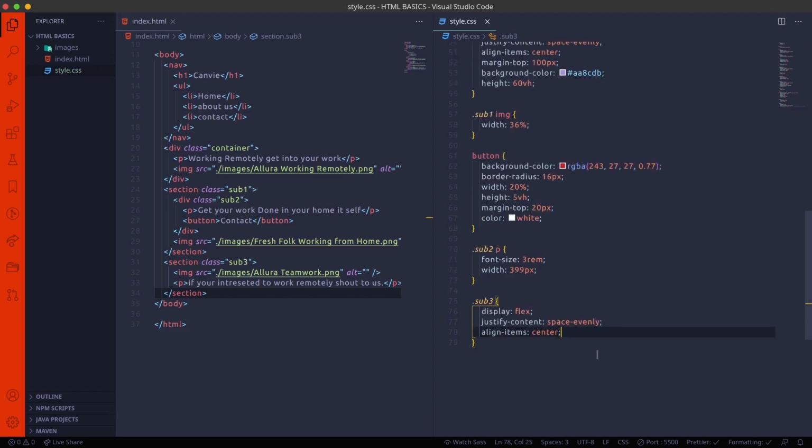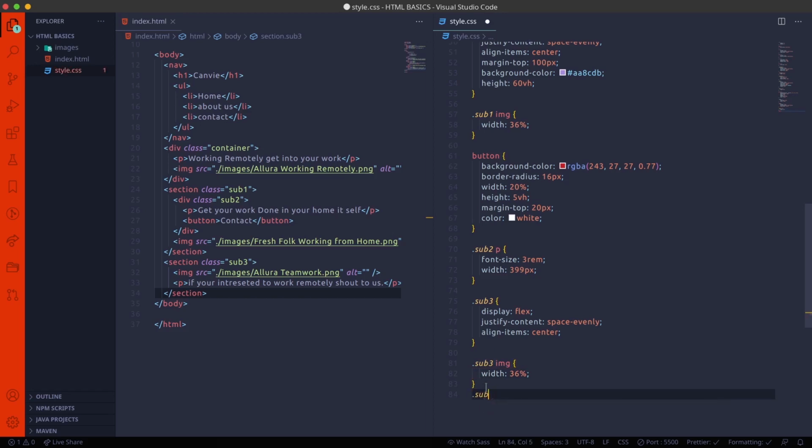And we want to decrease the image size, the same process we did in the above section. So sub3 image width to be 36%. Okay, and then the paragraph font size to be increased.